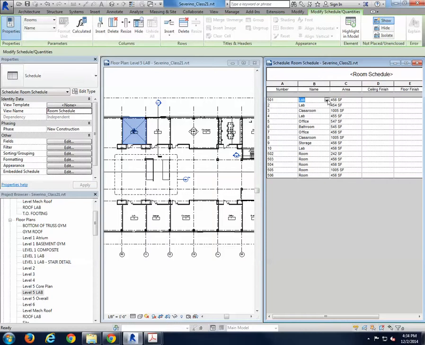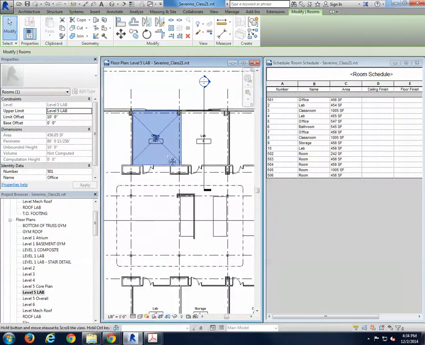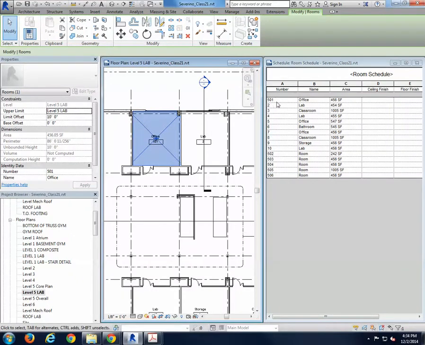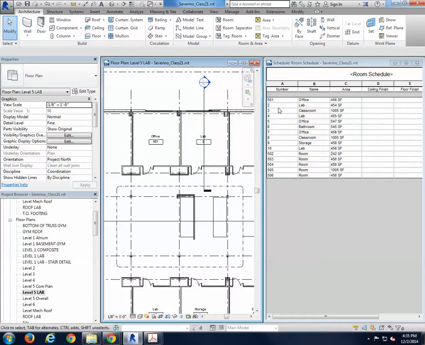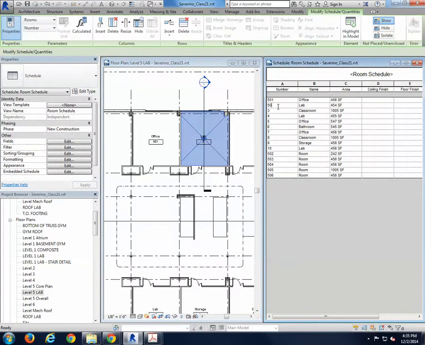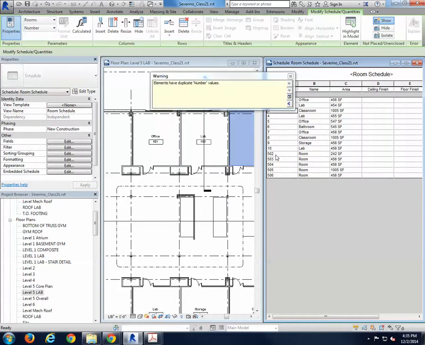You can change the name. You can even expand and say, well, it's not a lab anymore, it's an office, and it changes the name here. It's quite powerful. It's not 501, or if it is, I don't think so right now. I want to actually change the number 2 to 502. It's going to tell me, well, you have one here, so it doesn't make much sense, but you can do it if you want. Change that, and change those to